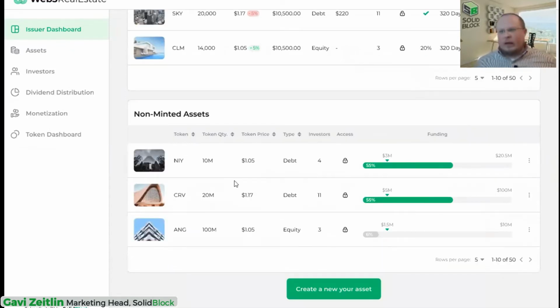So if you're onboarding a project that's in the fundraising stage, SolidBlock is not a fundraising company, but we can give you a tool to make fundraising easier for whoever you're working with. And you can keep track of how much money has been raised, and then when you hit the milestone number, move it forward to the tokenization, or the smart contract creation, the token creation phase.